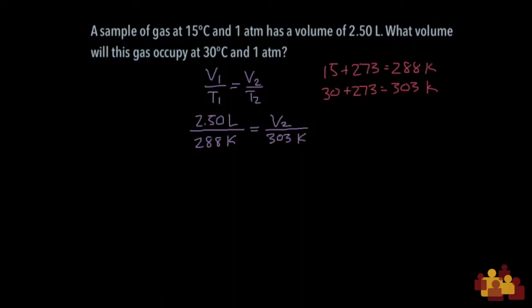So to continue solving this, we need to multiply both sides by 303 Kelvin to isolate our final volume. And this will allow us to completely cancel out the value on this side and cancel out the unit of K on this side. So what we have left is 303 times 2.50 divided by 288, and we're retaining our unit of liters. And so that'll give us a final volume of